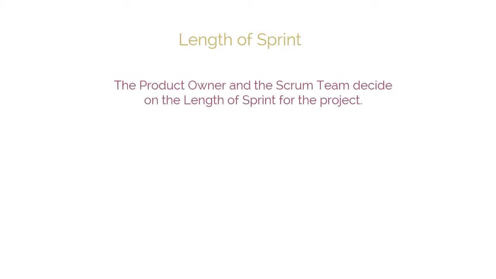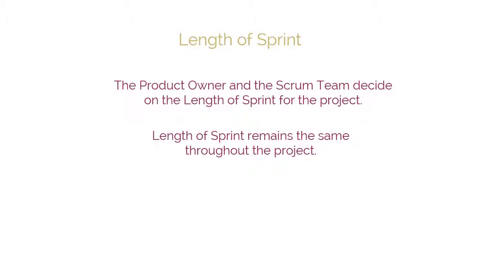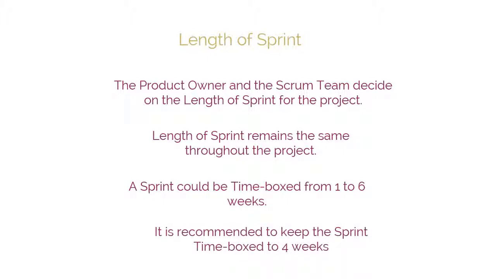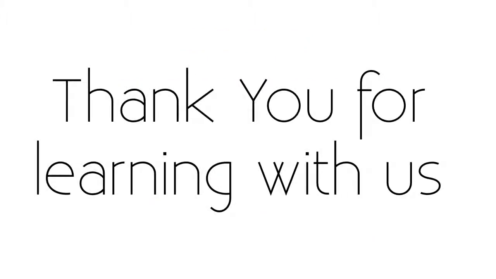Length of sprint. Based on the various inputs including business requirements and release planning schedule, the product owner and the Scrum team decide on the length of sprint for the project. Once determined, the length of sprint often remains the same throughout the project. A sprint could be time-boxed from 1 to 6 weeks. However, to get maximum benefits from a Scrum project, it is always recommended to keep the sprint time-boxed to 4 weeks, unless there are projects with very stable requirements where sprints can extend up to 6